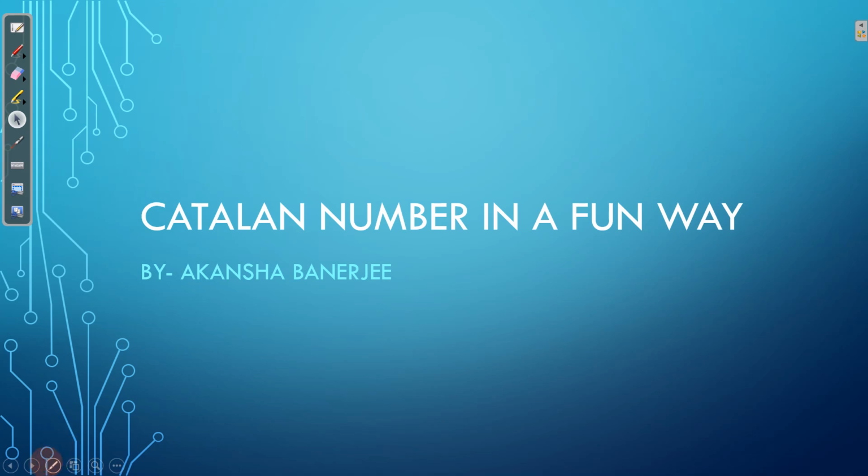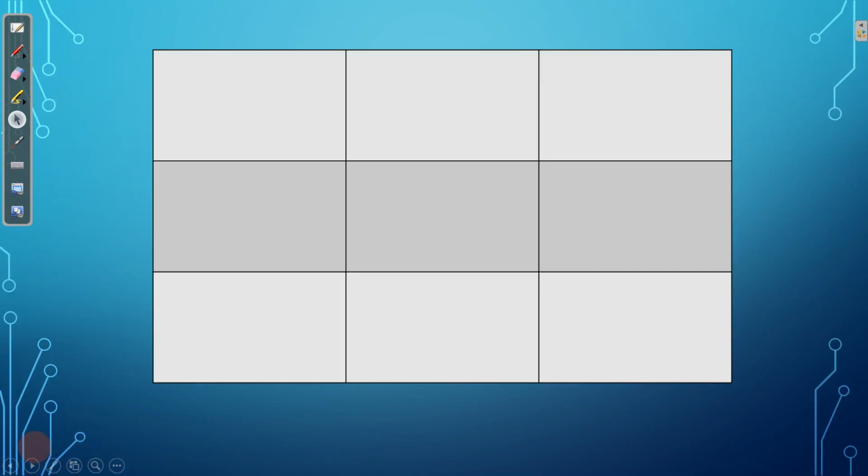We will see the next slide: you have an n cross n grid. For example, we take n as 3, so we have a 3 cross 3 grid, and the situation is that you have to start from 0,0 and reach 3,3, and the valid moves are only right and up. In how many ways can you move in the grid using only right and up moves?